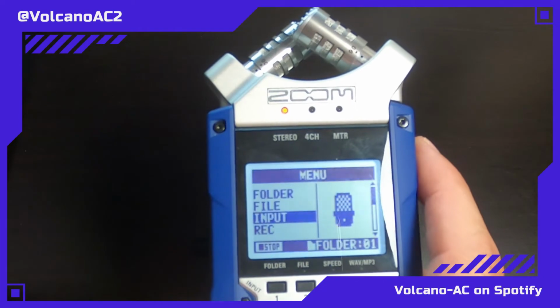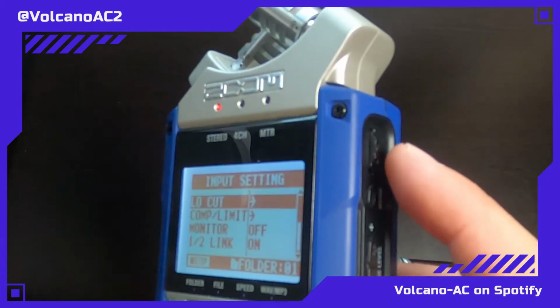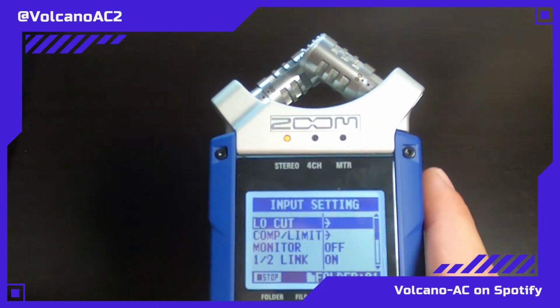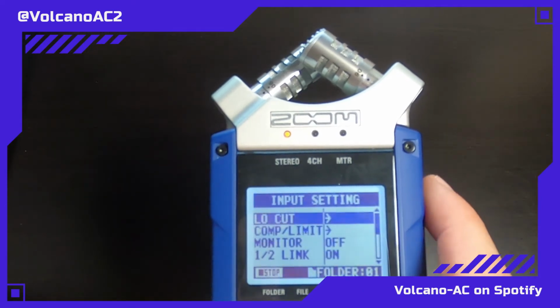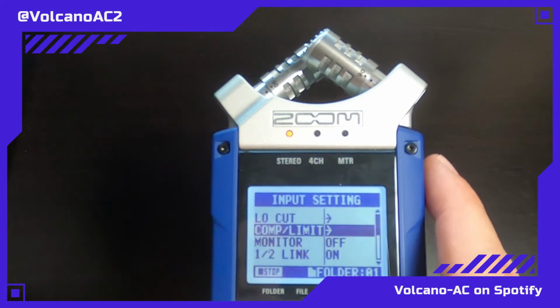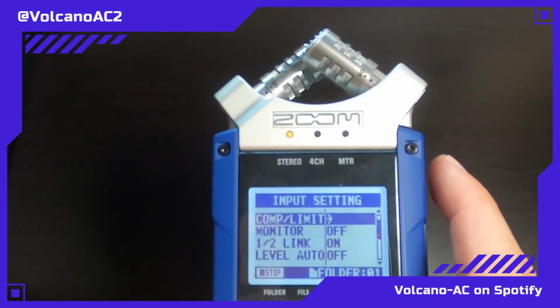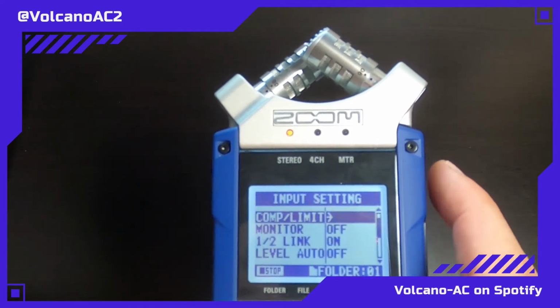In that input section, we push this double arrow button, and then you can see you will find the low cut first, and then you will see compressor, limiter, and you can go down for some other options, but in today's video we're just gonna deal with the compressor and limiter.